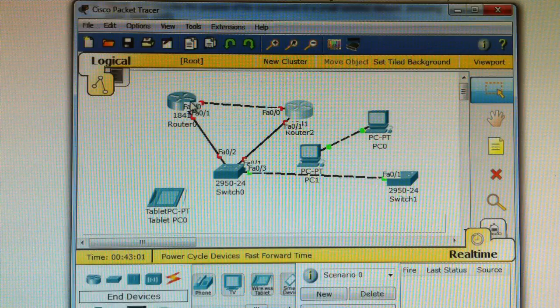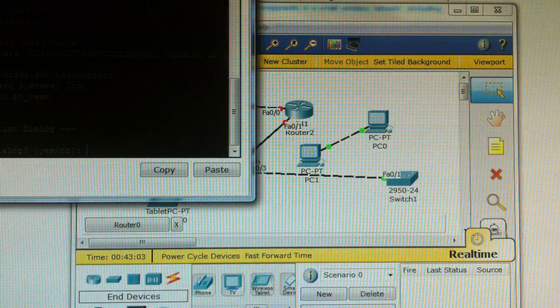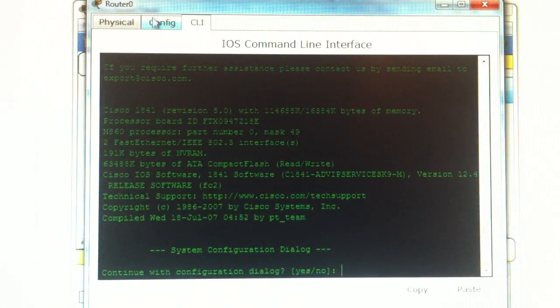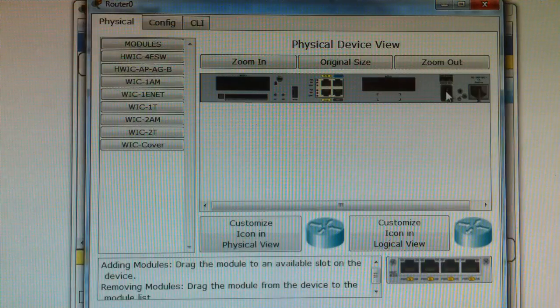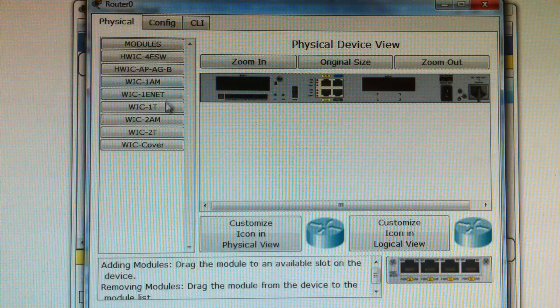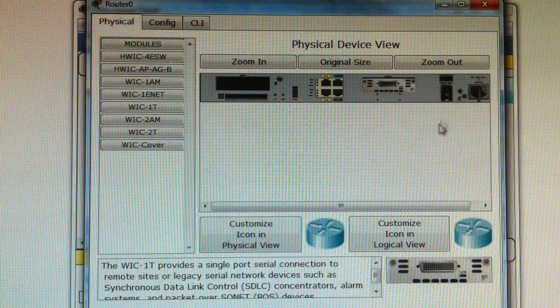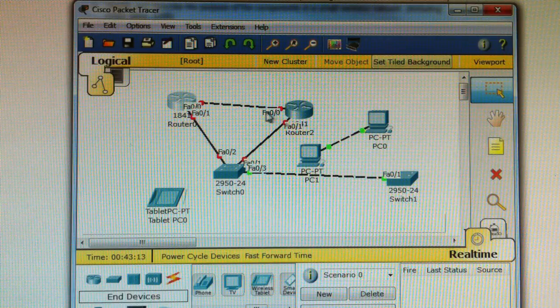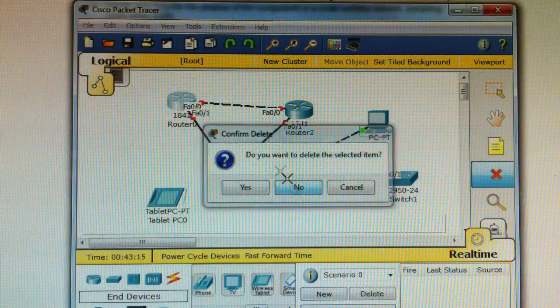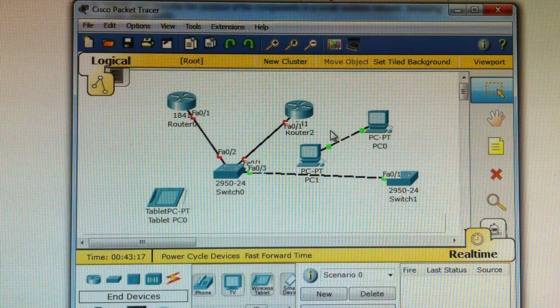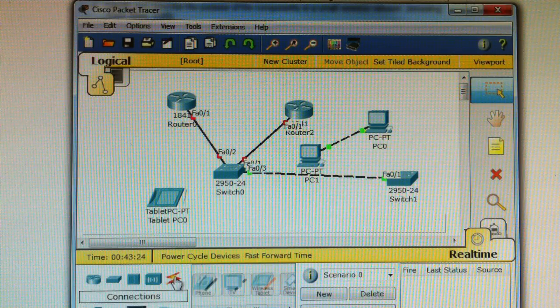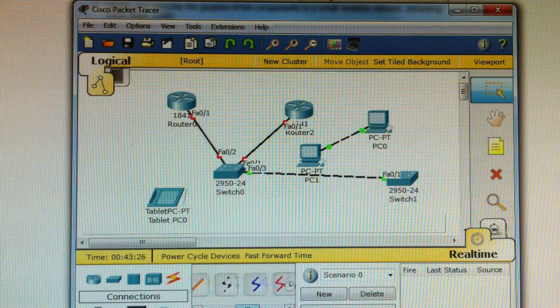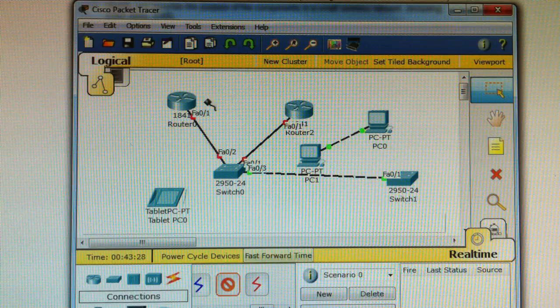And we'll do that, and then same thing with this guy. We're going to go back to the physical, we'll turn it off, and then we'll put a WIC-1T and then turn it back on, and then we'll delete this guy. Oh, excuse me. And then go back over to this here, and then we will pick serial DCE 0 to